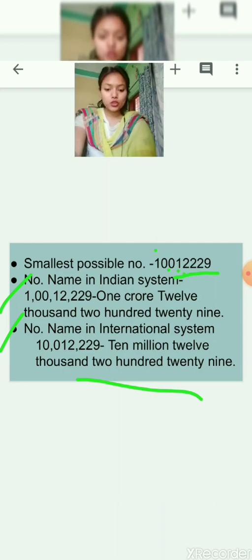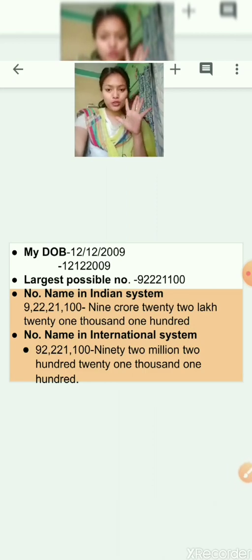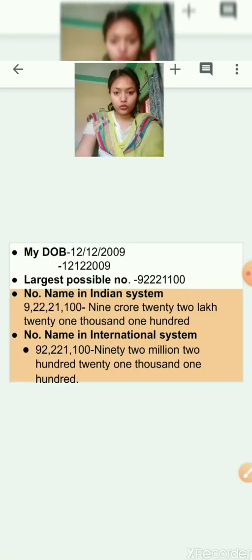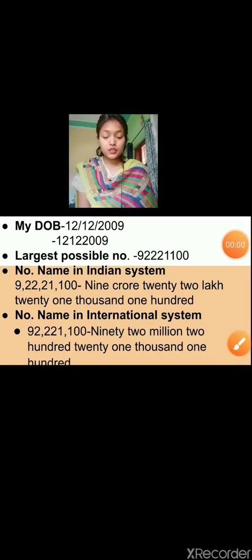Okay, similarly you will do it. I have shown you an example of 1, you will do it for 5 members of your family. Okay, so you will do all the holiday homework, whether it is of maths, English, EVS, anything, in a single file. Okay, means no separate files for any subject. All work will be in a single file. Is it clear? And hope you will enjoy this activity, and you have to do all the things very carefully. Neat and clean work should be there. Your work should be attractive.